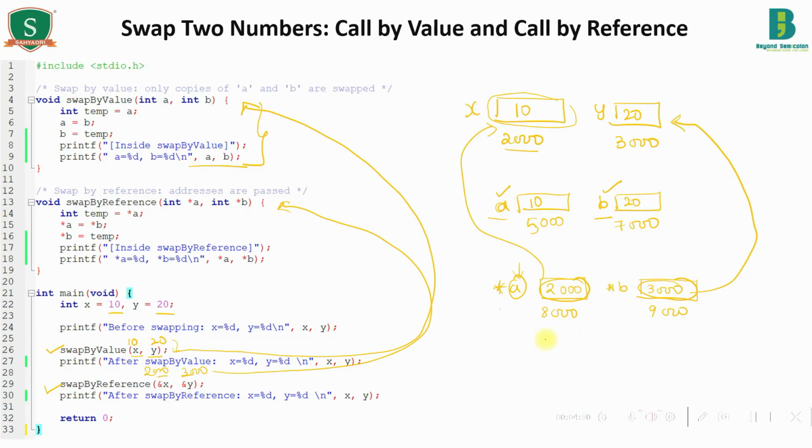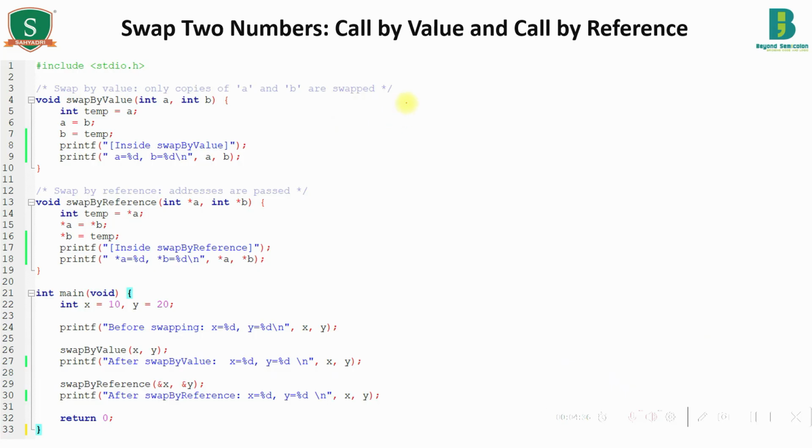Let's walk through the code. We all know that a program starts executing from the main function. So let me mention the line numbers. It starts from line 22, where x value is 10, consider its address is 2000, and y value is 20, its address is 3000. At the 24th statement, before swapping, it prints the x value, so x value will be 10 and y value will be 20. So this is before swapping. Now the 26th statement, if you observe,